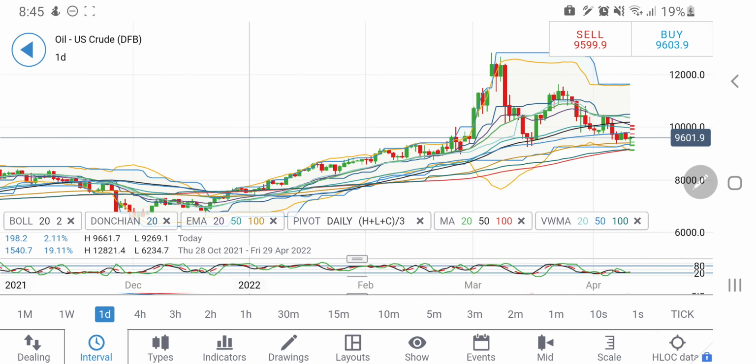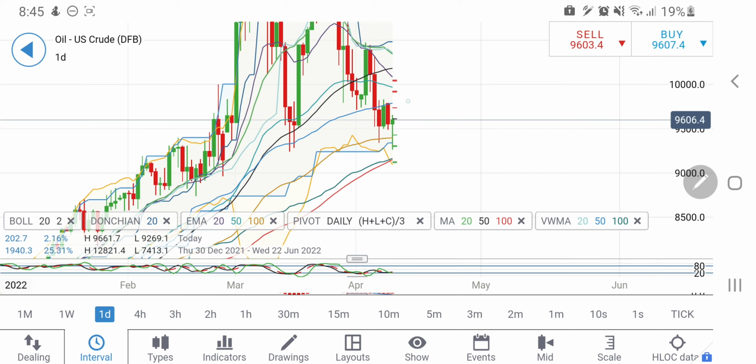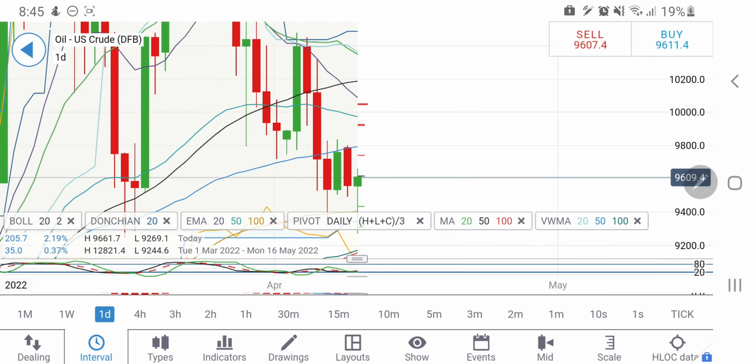On the daily charts, now let's come back to the daily charts here. On the daily charts, you can find that, see, the fresh daily candle is yet to begin. However, the previous candle itself is closing in green, so I'll be watchful. If it drops from there, it may again try to take it towards the downside.